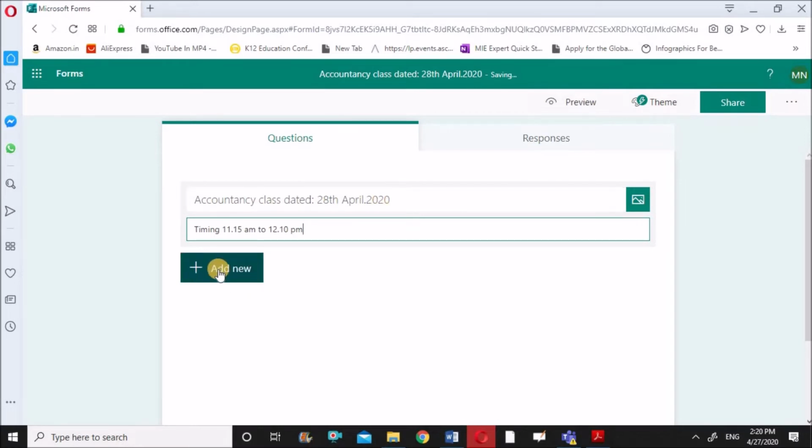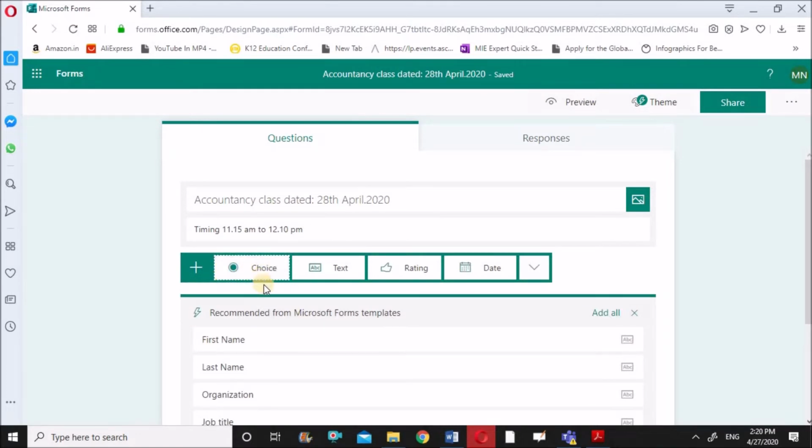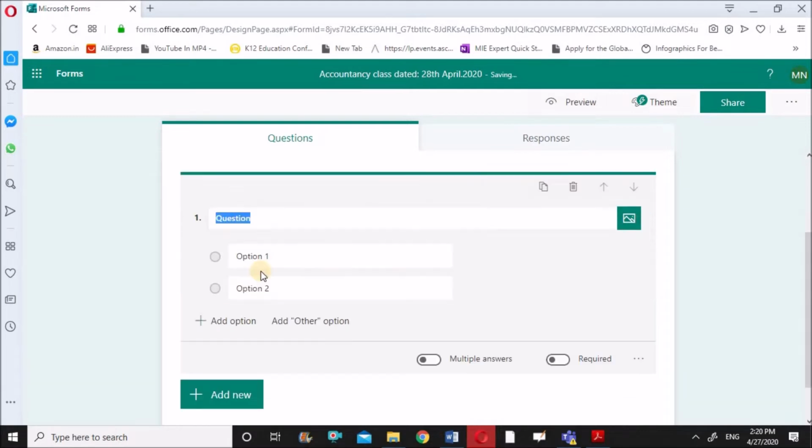Now what you have to do is click on this plus button, and I'm selecting this first box, choice. Now I have to write a question. So instead of a question I'm writing attendance, and option 1 I'm writing I am present, and there's a second option also which I'm deleting.